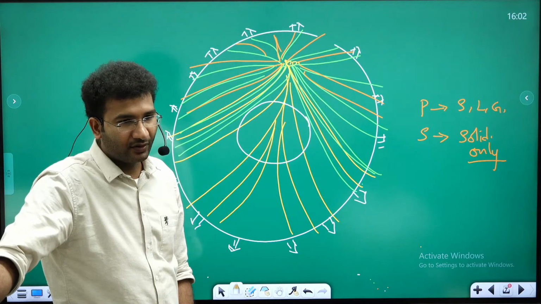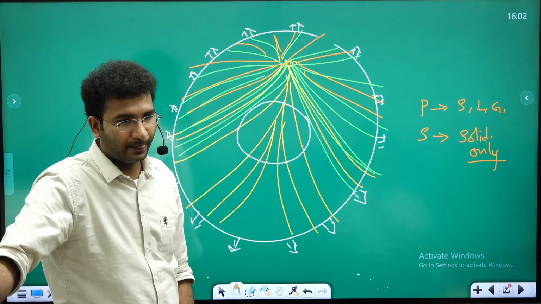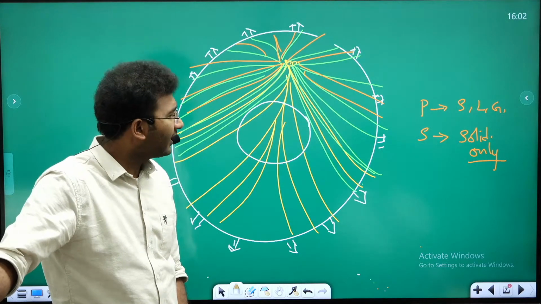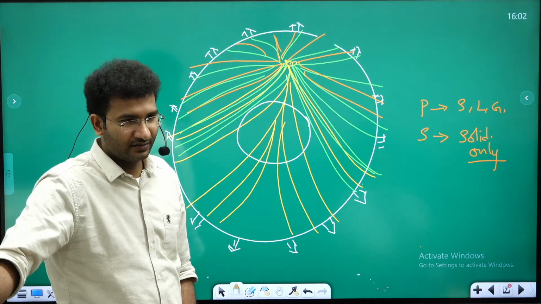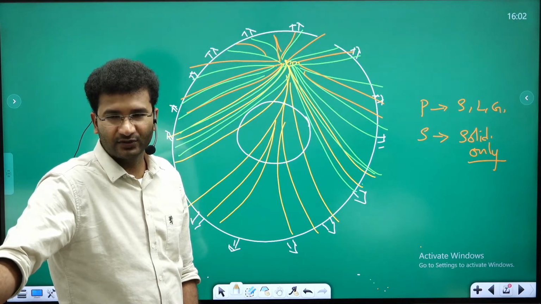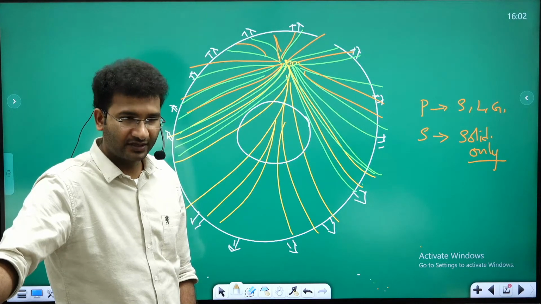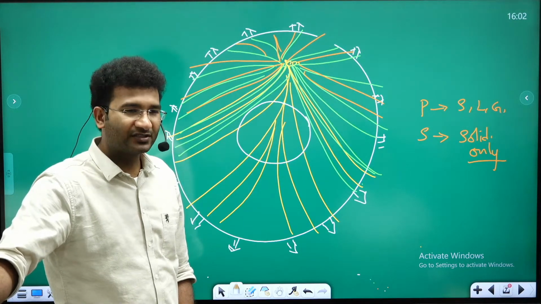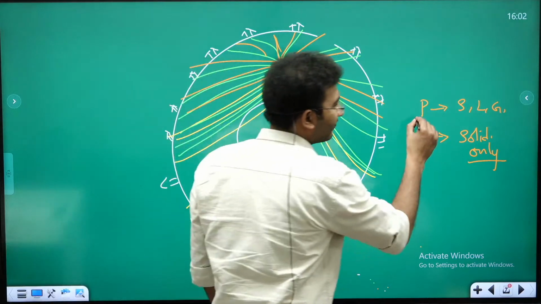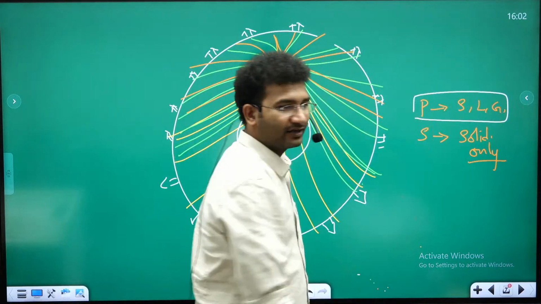P wave or S wave? Reason behind the missing of the P wave. I'll come back. People asked the question, sir, what is the reason behind the shadow zone for P wave? It is because P wave can travel through solid, liquid and gases, but